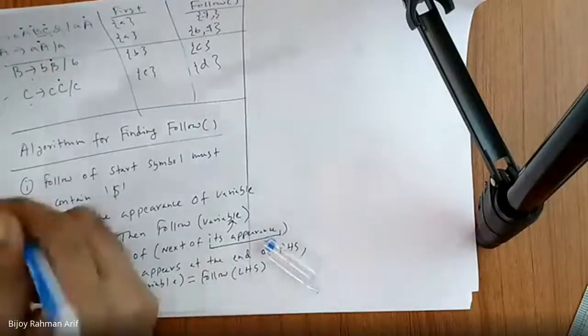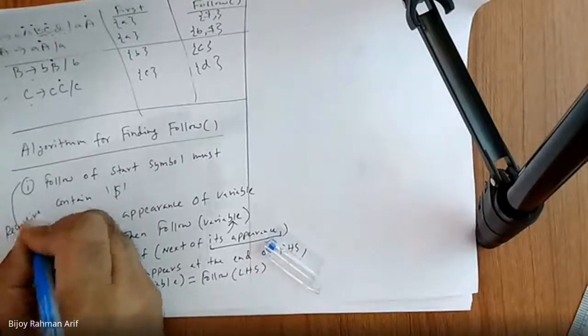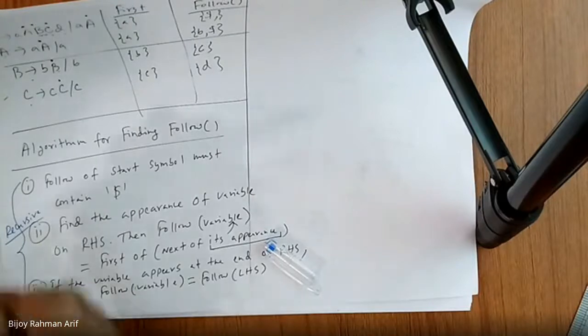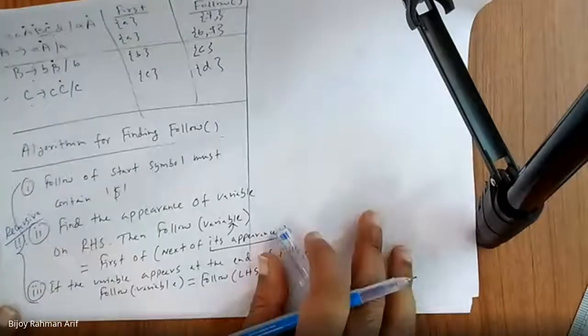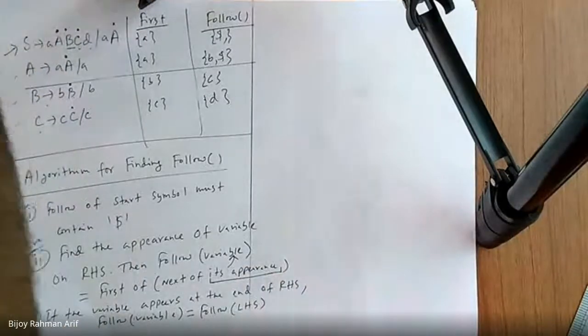Yes, sir. Practice will make it better. But the problem is, all the rules are recursive, so you have to try again and again. At least one more round you have to try with all the rules. When after one round there is no change, you have to stop. So it is a little bit complicated. So let's try to find follow for some of the homework problems.